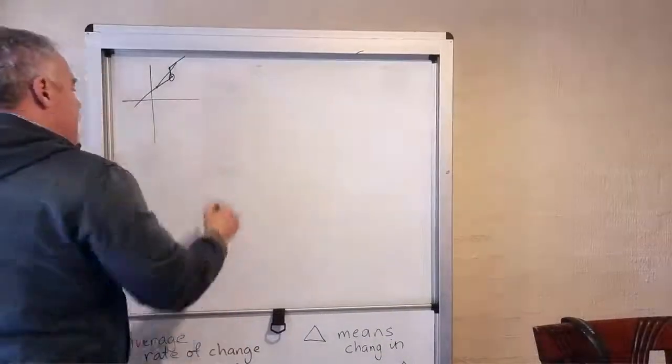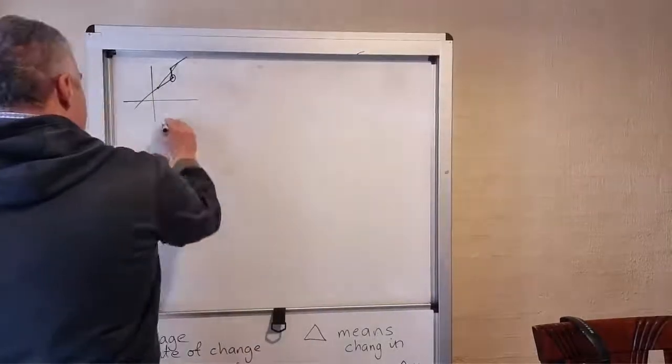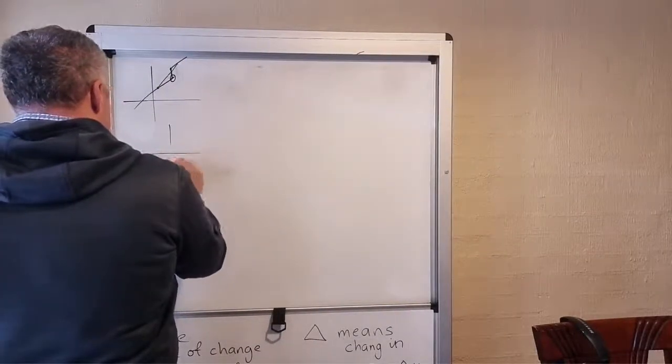The other problem in average rate of change is that if you have a function